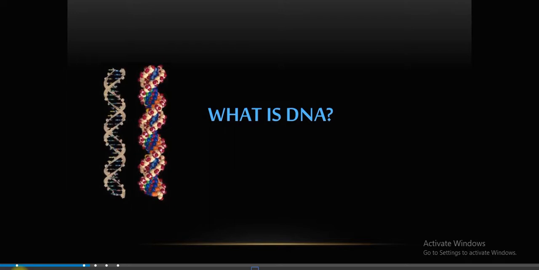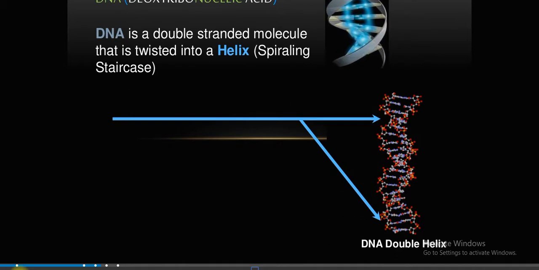So, what is DNA? Start with the introduction. DNA is deoxyribonucleic acid, composed of two polynucleotide chains that coil around each other to form a double helix carrying genetic instructions for the development, functioning, growth, and reproduction of all organisms and many viruses. DNA and RNA are nucleic acids, alongside proteins, lipids, and complex polysaccharides. Nucleic acids are one of the four major types of macromolecules that are essential for all known forms of life.